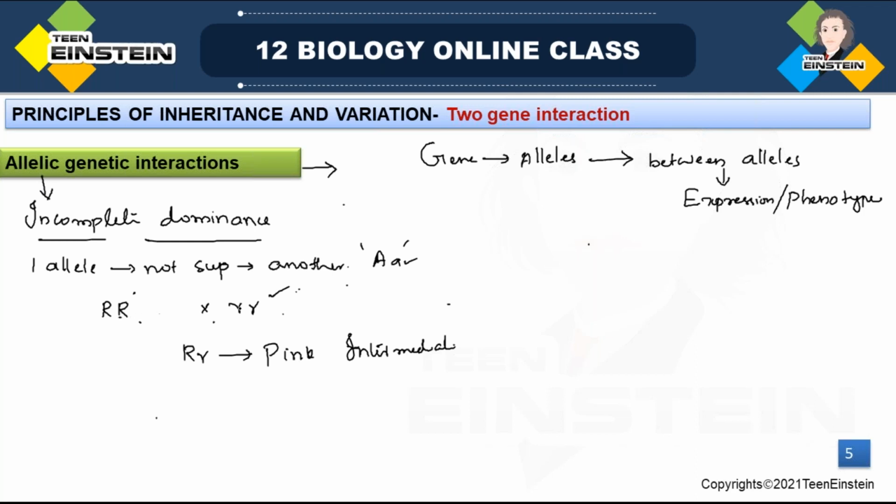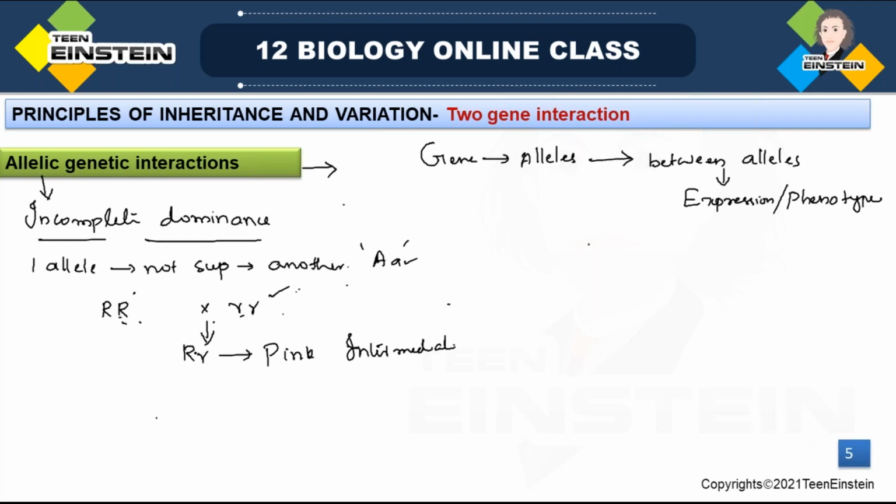Because the alleles of these genes are interacting together, and that forms an intermediate expression. Due to that interaction between the alleles, the dominant allele forms the red color, and the recessive allele forms the white color. So when both alleles of the same gene interact together, that forms an intermediate expression,